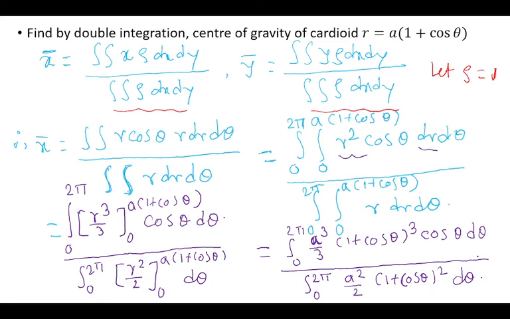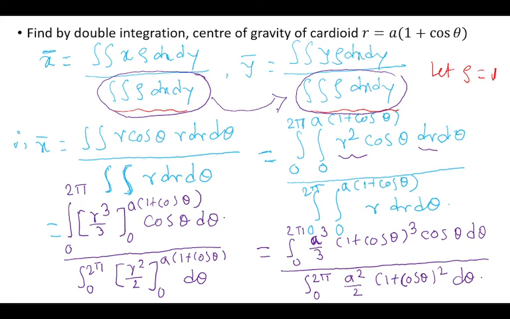Now you may observe that we already started with the formula, and only the mathematical work is left; it is just doing some integrations. One more thing: we're doing the calculation only for x bar right now. A similar calculation you have to do for y bar also. Only at the time of y bar, the denominator need not be evaluated separately because we already did it in x bar, so the same value can be replaced directly there.